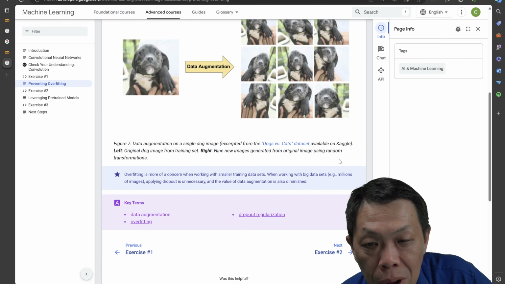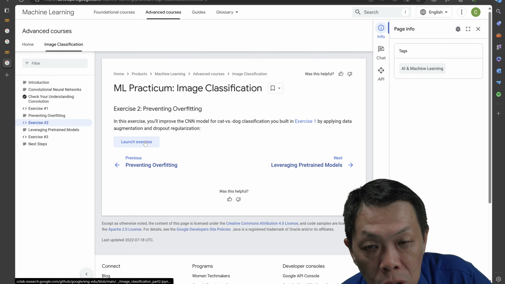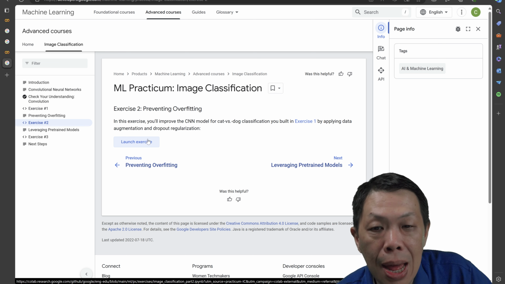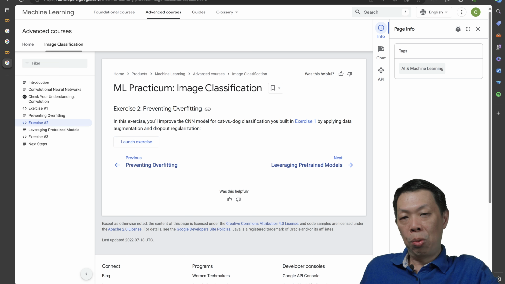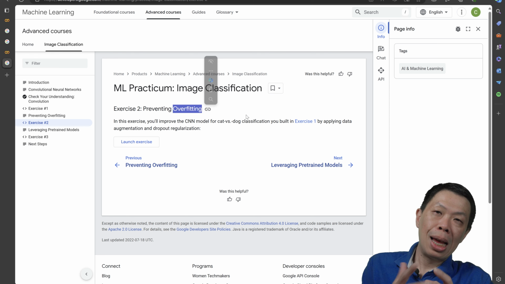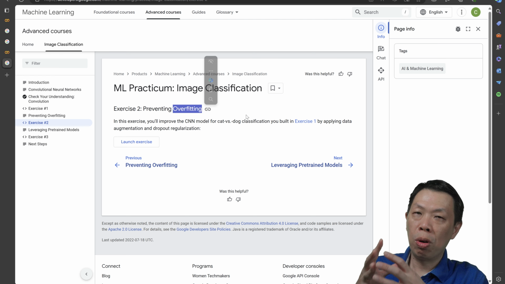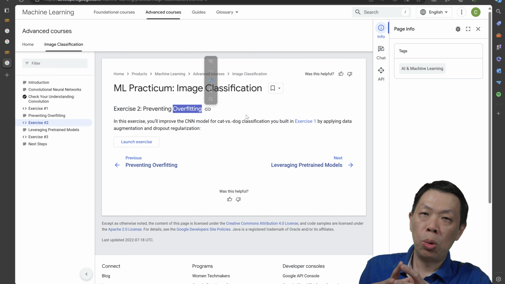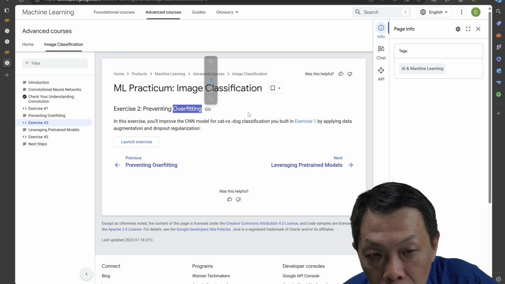Okay. Also, it provides an online Colab for you. You can just launch the exercise. Okay. And then the most important part in deep learning or machine learning is that we are always fighting with the overfitting problem. That is, when you train on a data set, you train more times, but that's useless, because you focus too much on the training data set, so you cannot get a good outcome. That happens a lot. So how do we overcome overfitting?